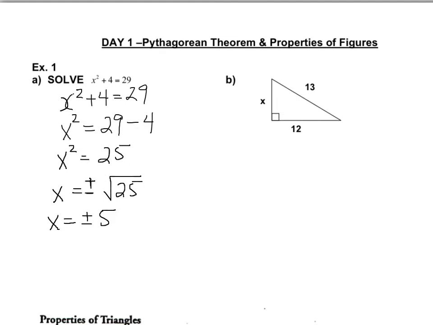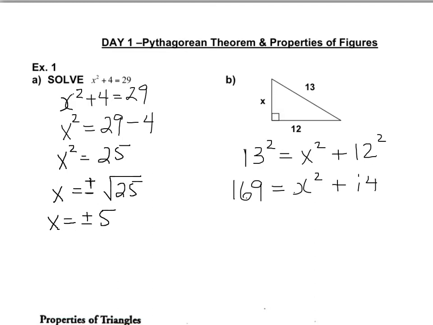So I ask myself first, what's the hypotenuse? It's 13 squared equals, and now it's the other two sides squared and added together. And then we're going to go, the 13 squared is 169. Equals x squared, and then we end up getting 12 squared, which is 144. We're going to take the 144 to the other side. It's going to be subtract. We'll end up getting 25